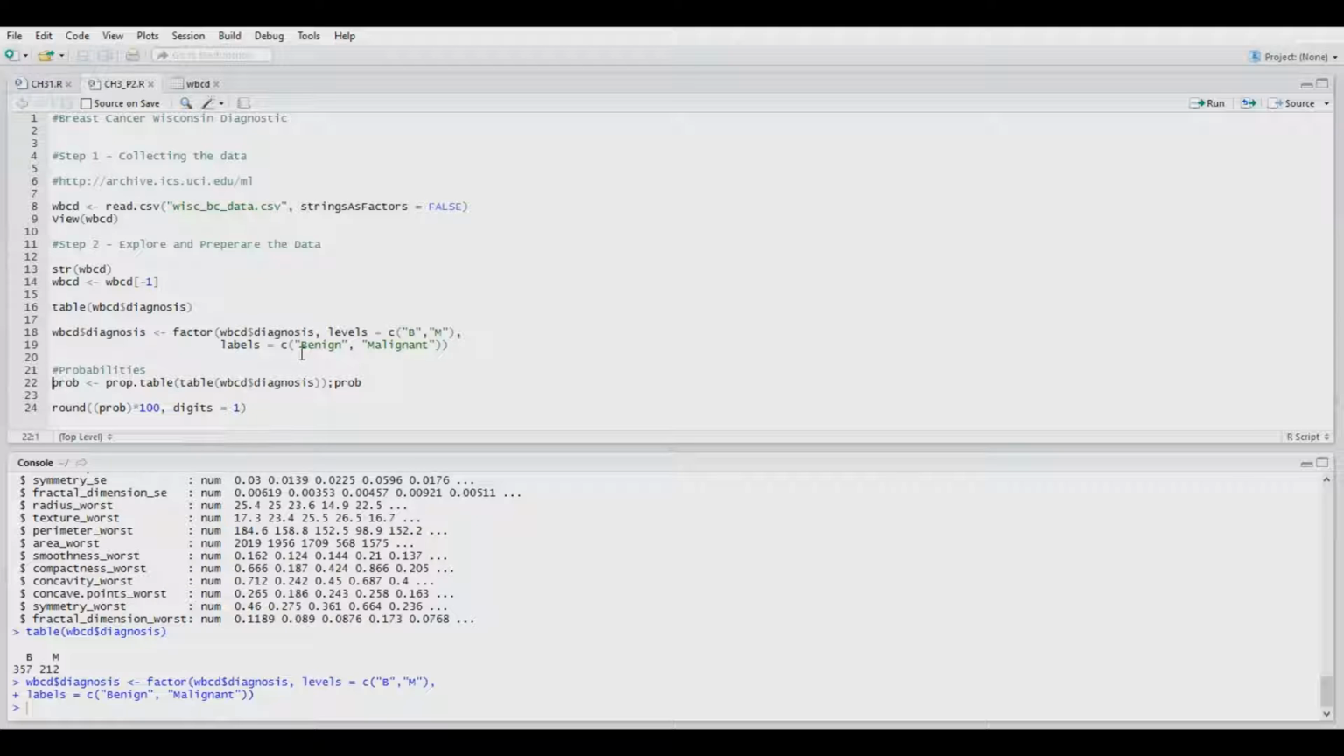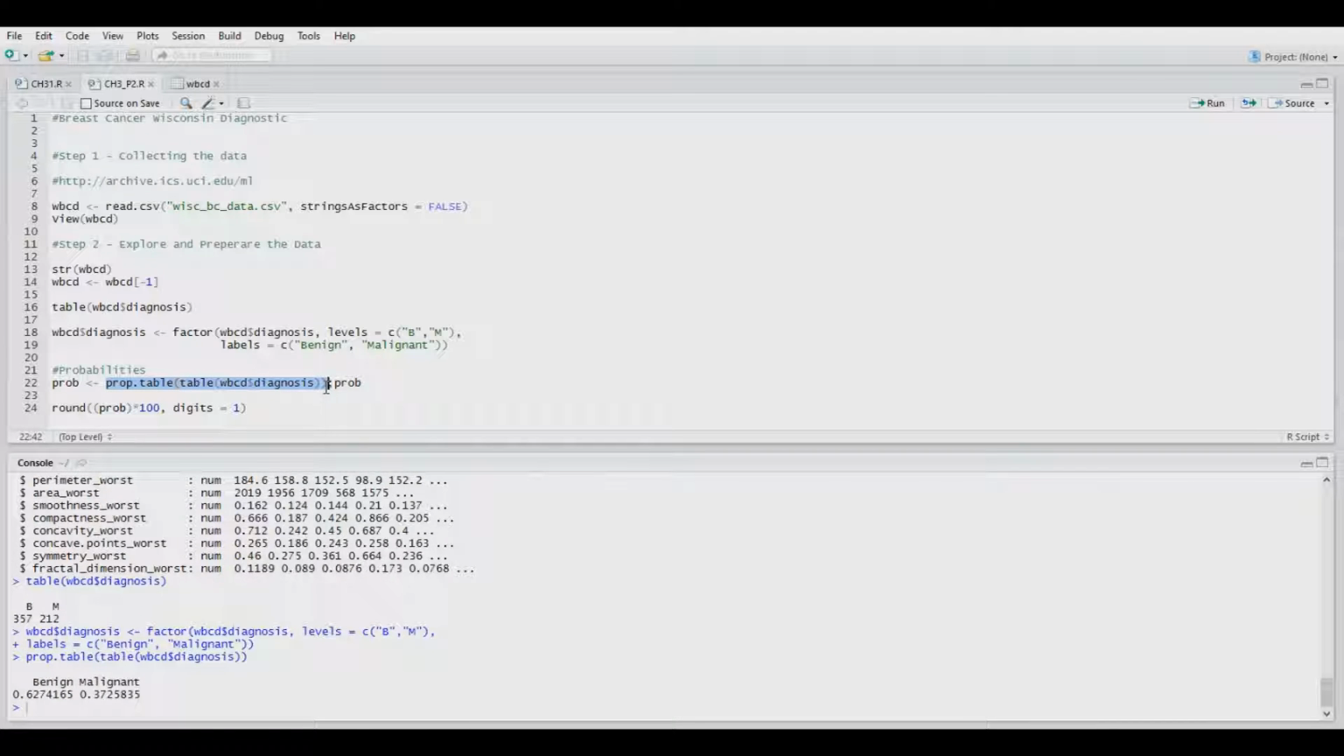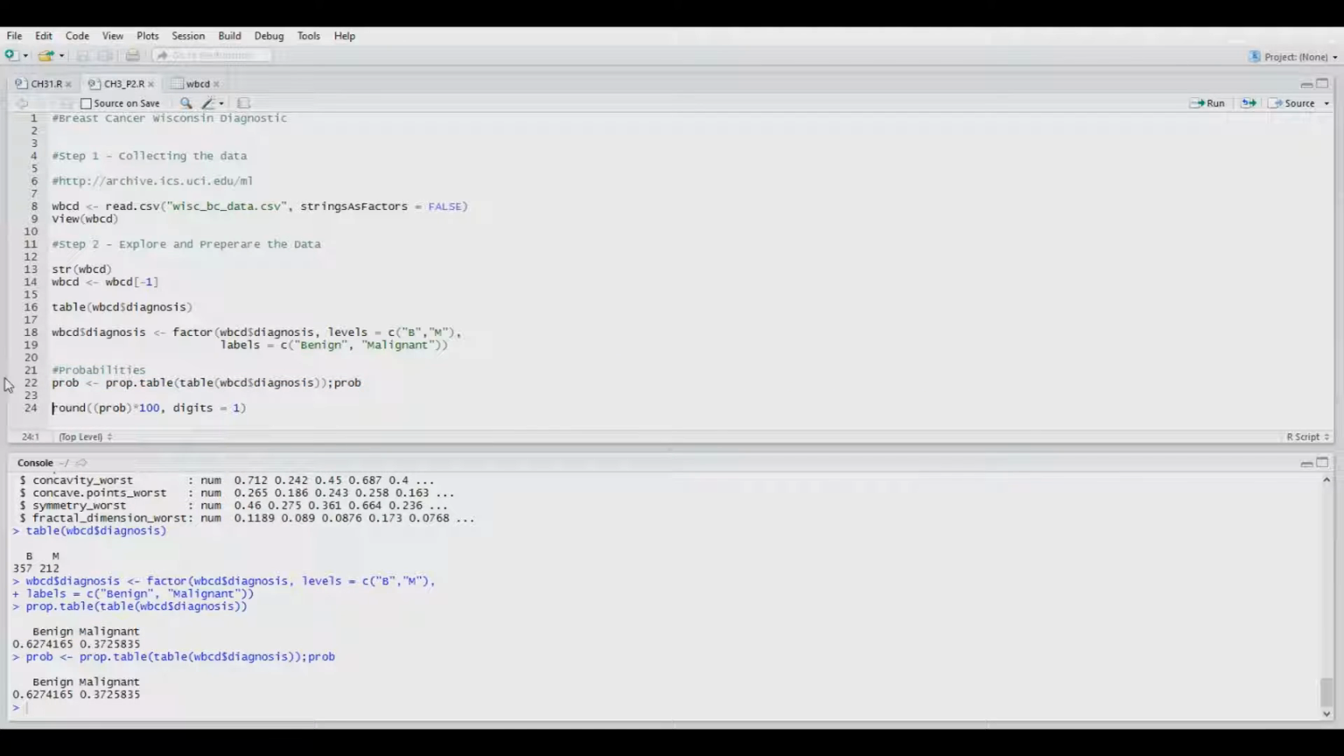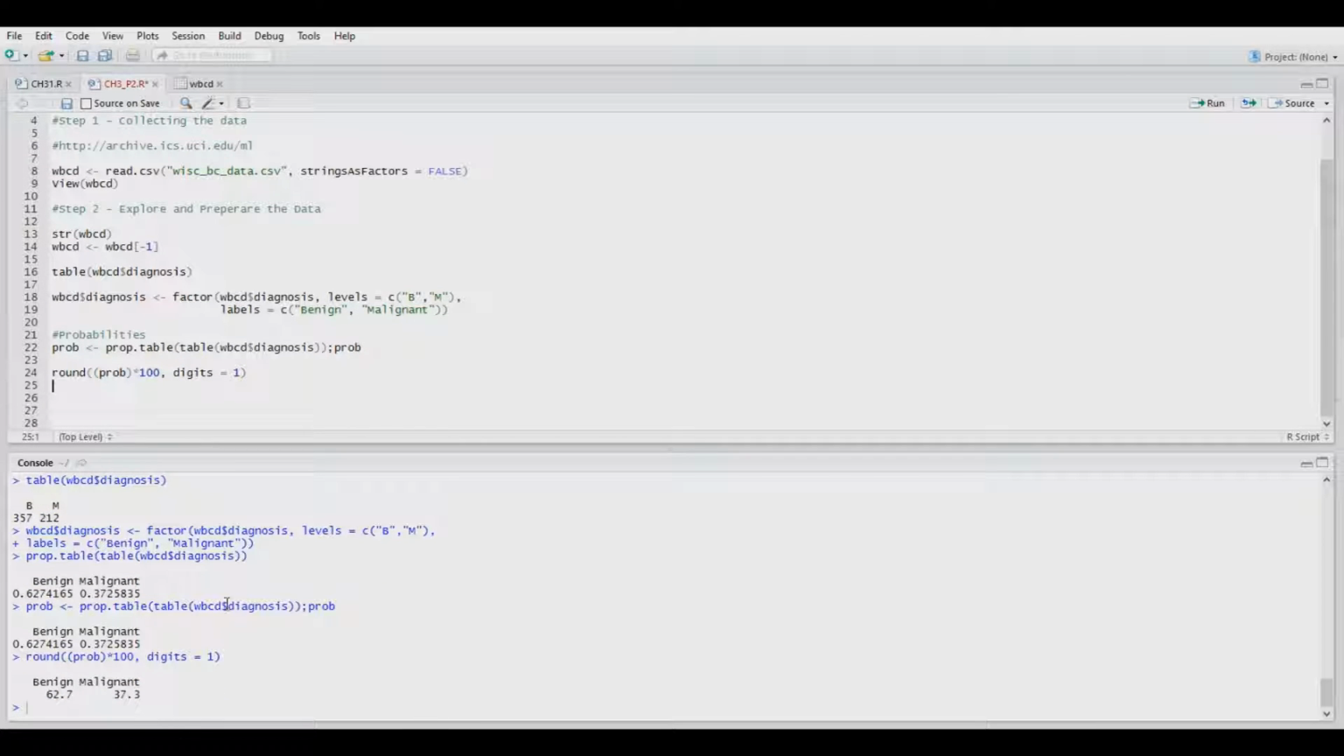Alright, now we probably want probabilities associated with these two. So we're going to assign this prob object. We'll work inside out. So we have these diagnoses, we have the table, and the output of the table is what you saw, and we're going to use prop.table. That's what you're going to get: about 0.627 and 0.372, and that's a percentage. So let's run this whole thing, and we're going to round that number to the first decimal place,